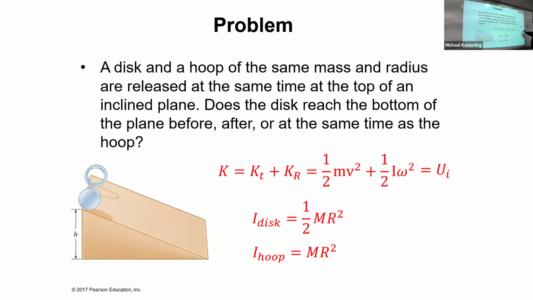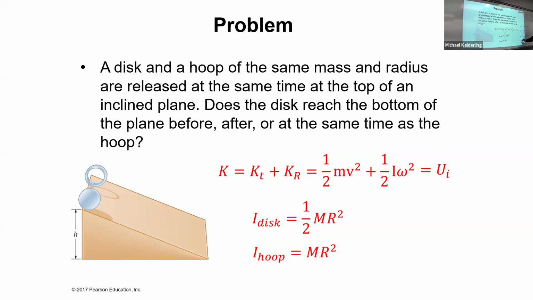So for the disk, for some height, we want to figure out velocity. We get velocity squared is going to be gh over 1 plus I over mr squared. Sorry, 2gh. So velocity of the disk squared is 2gh over 1 plus 1/2 mr squared over mr squared, which is 2 over 1.5